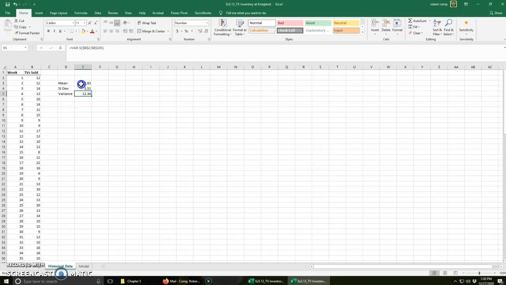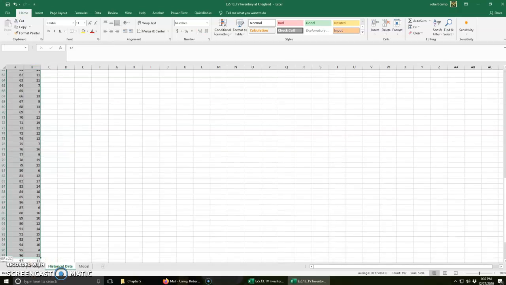Now, the mean and the variation are about the same. That actually tells us something. That tells us that we should probably be using a Poisson distribution, because the mean and the variance in a Poisson will be about the same. But also, let's